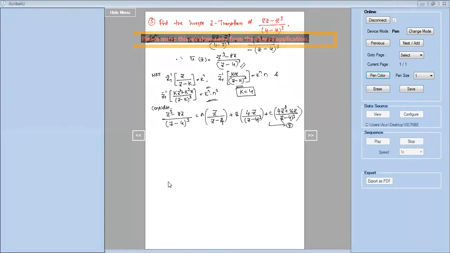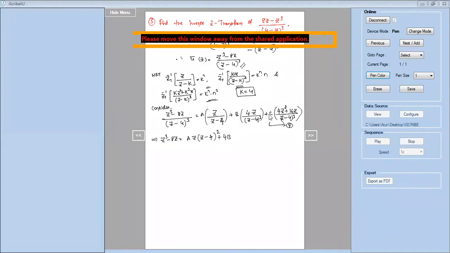So this implies the numerator z cube minus 8z equals, in the right hand side, see this 1 z minus 4 gets cancelled. So it is a z into z minus 4 whole square. Correct? Now one term gets cancelled. Cross multiply z into z minus 4 whole square plus b. So this term plus